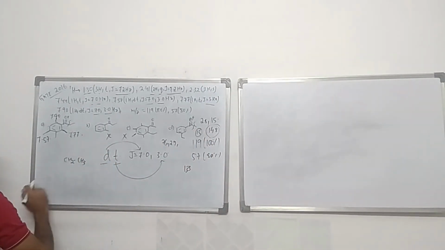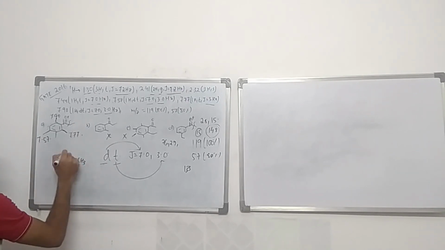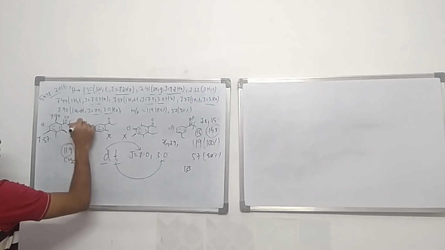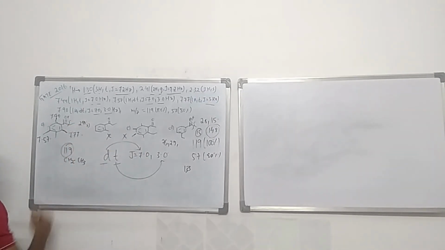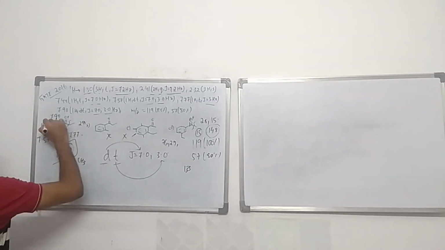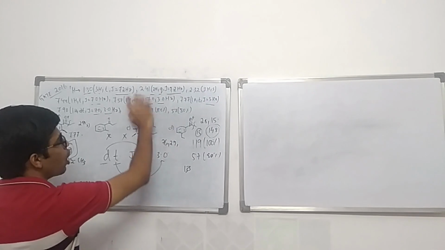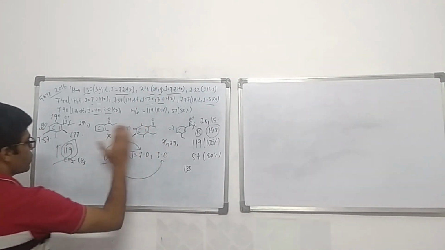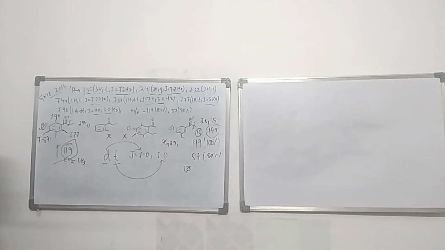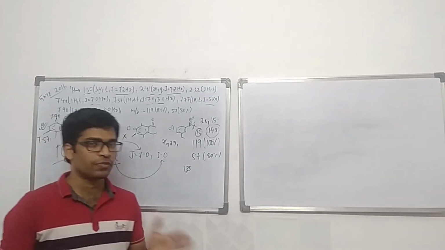But in this case, a CH2CH3 group is removed. I would get 119. There is a reduction of 29 here. There is a reduction of 15 there. So that means I would get a fragment of 119 m/z value. So my answer should be option A, not option D. So this is how you can use the m/z value along with all other data to finalize your correct option. Okay, so this is it for this video.